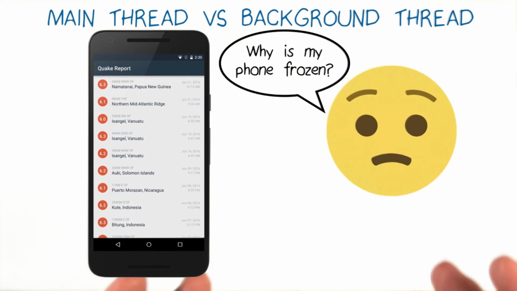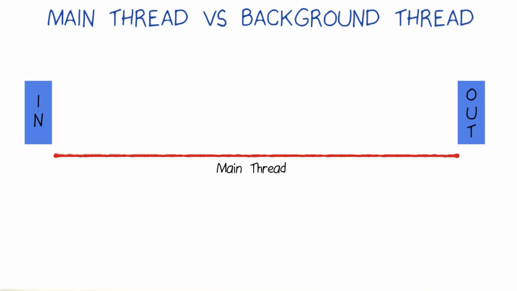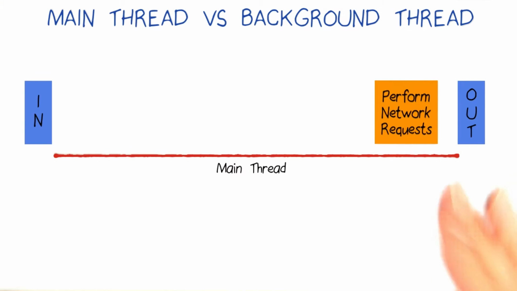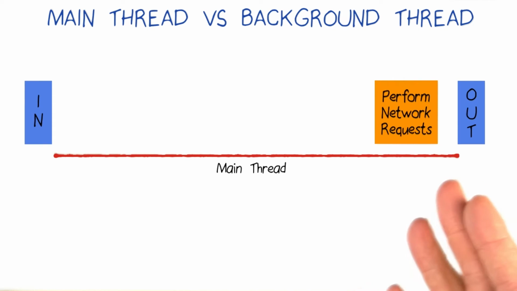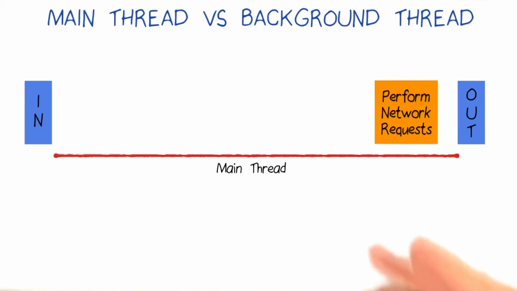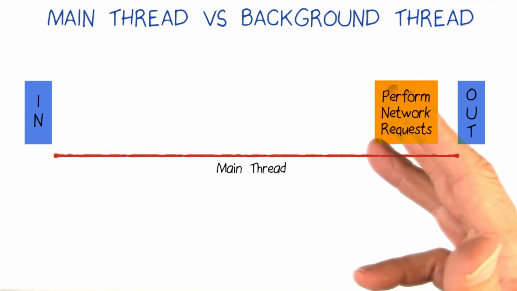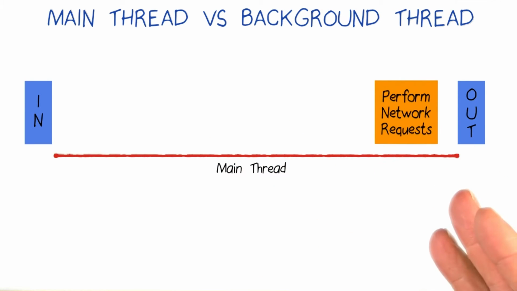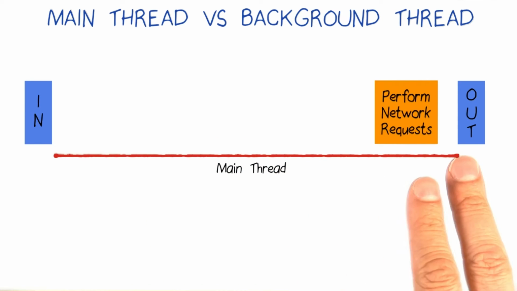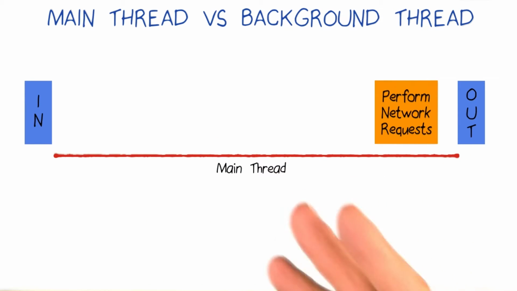More often than not, your app is trying to process something that takes a long time, such as grabbing some information from the internet. The issue is that something like a network request can take a really long time if the internet connection is flaky or if there's a lot of data to transfer. We need to set up the connection with the web server, send the request, wait for a response, and then parse the response. Nothing else can happen on the main thread when you're waiting for this entire round trip to